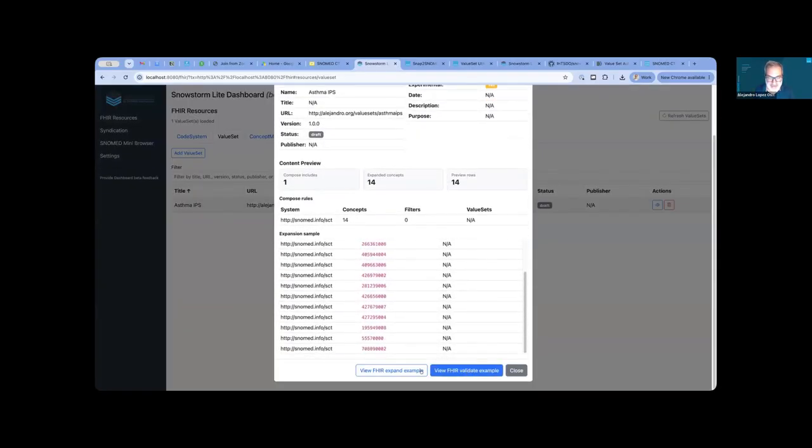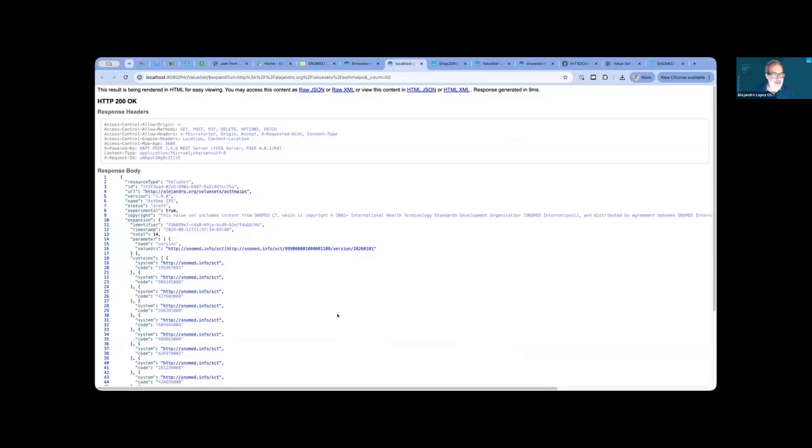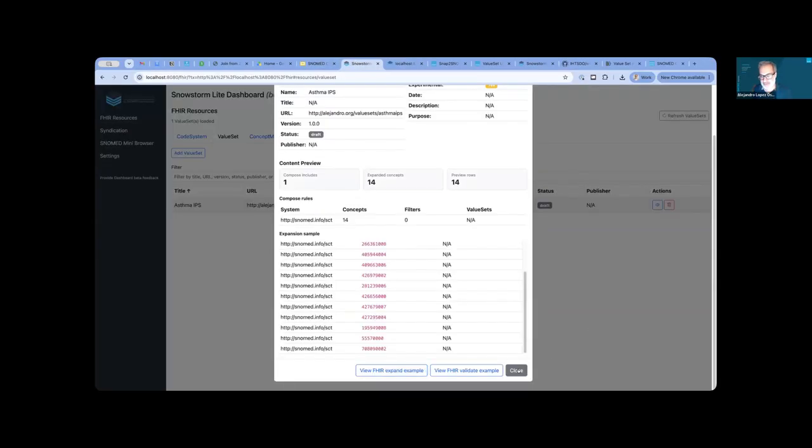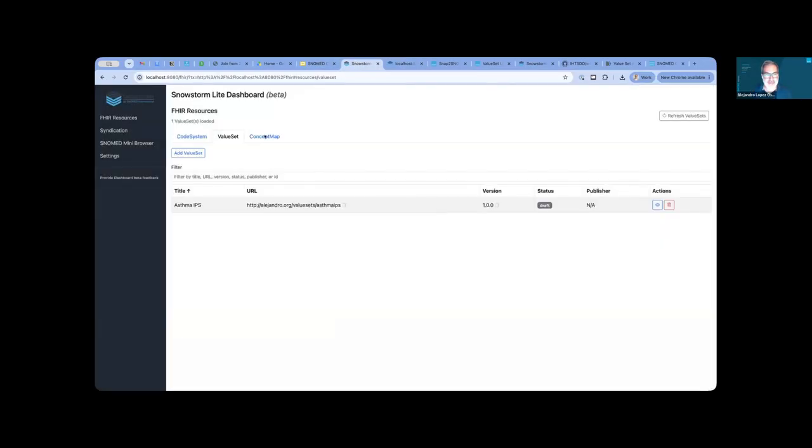Yes, and if you want to see how to expand this using FHIR, you can click here, and you have an operation. These kinds of operations are the operations that you will do to access SNOMED. If you want to create a Python script, or connect it to any kind of tool, you will use your local terminology server in that way.